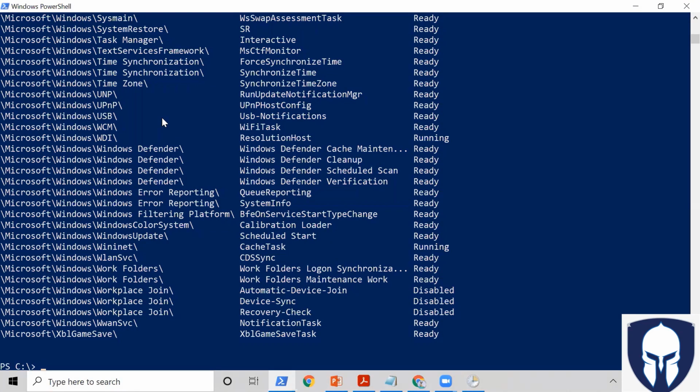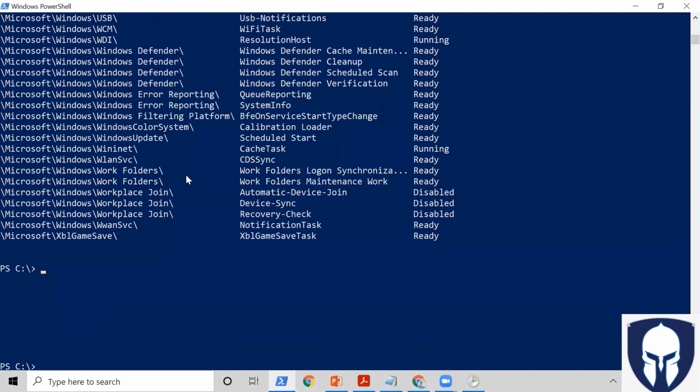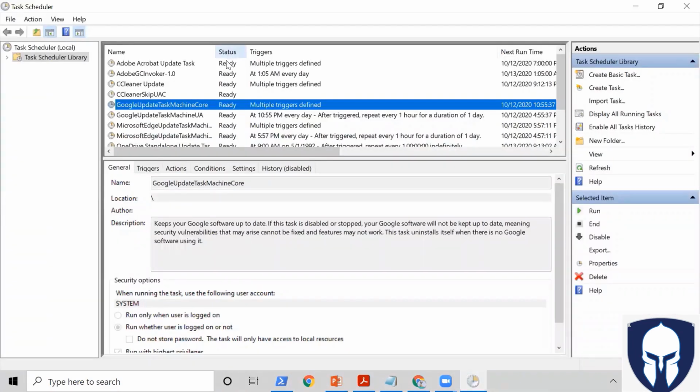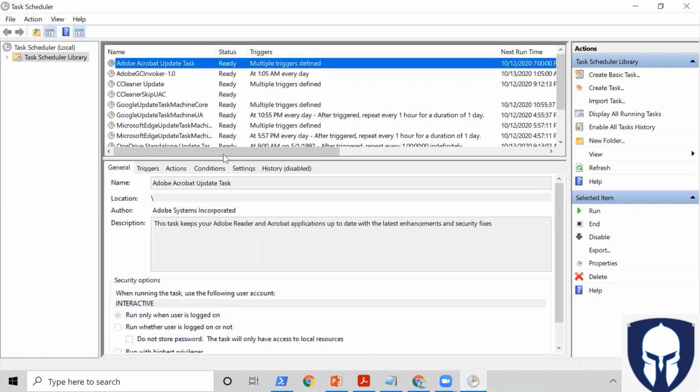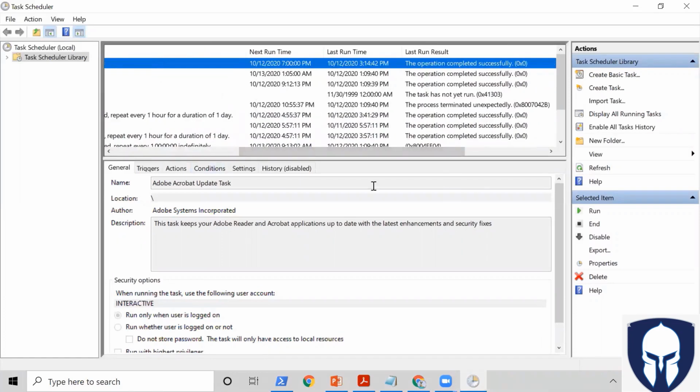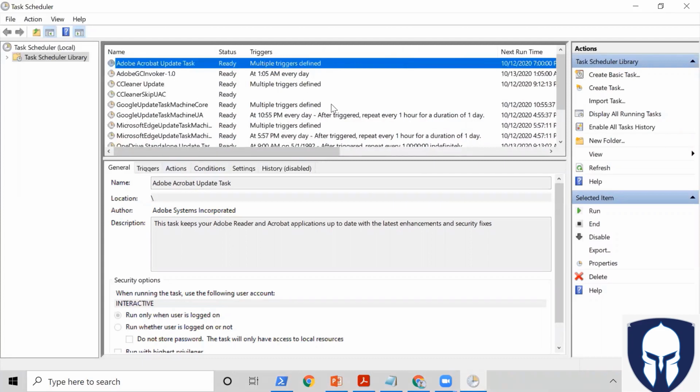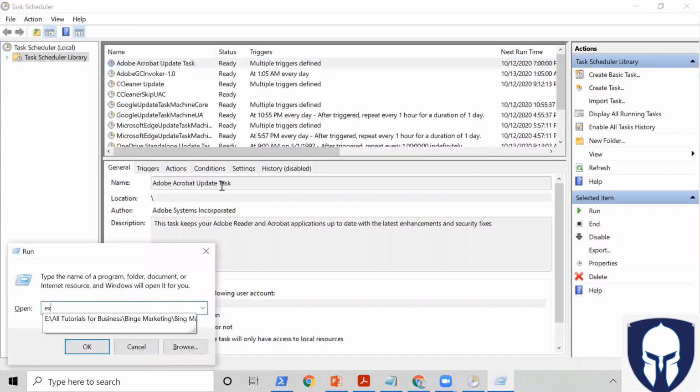Now I want to actually see or handle them one by one. Why would I handle them one by one? Let's say I have all these scheduled tasks, and I want to do a particular check or particular task on each and every one. For example, I want to check the status, whether it is ready or not, or do some kind of operation with these things. So basically, let's say I have